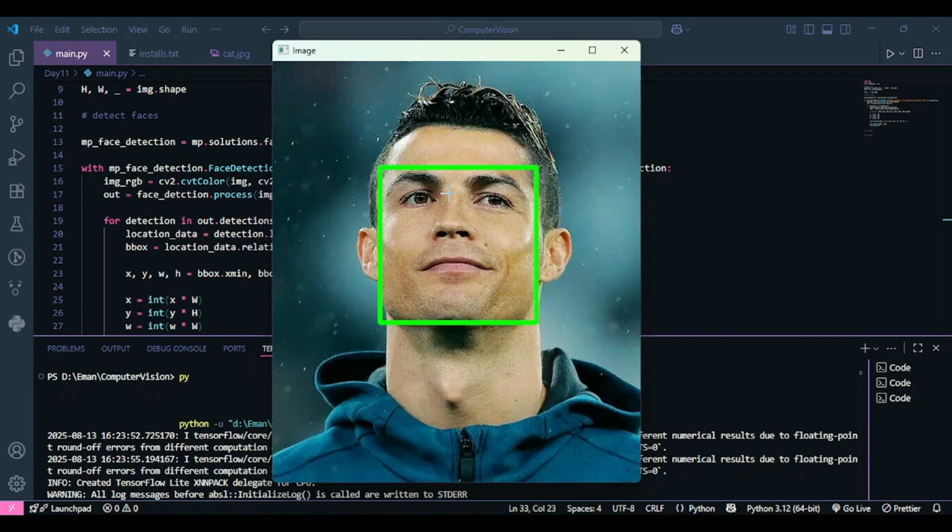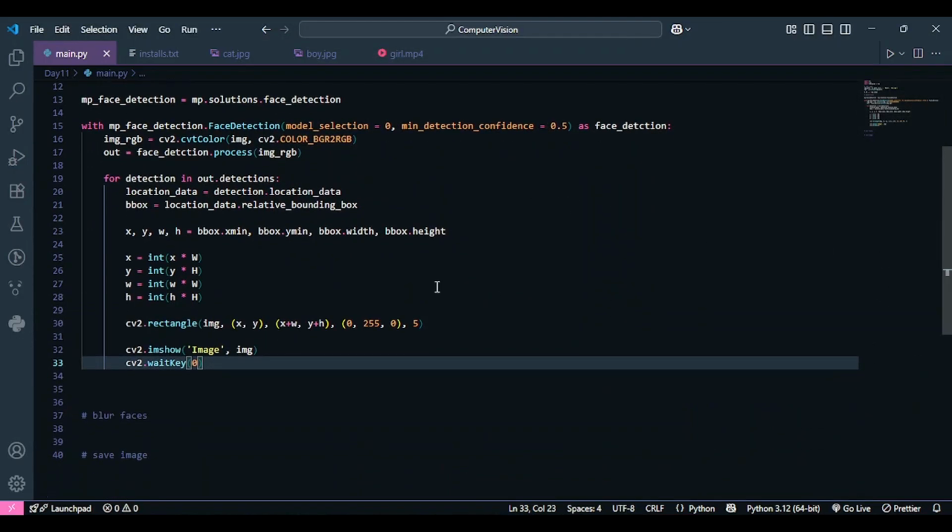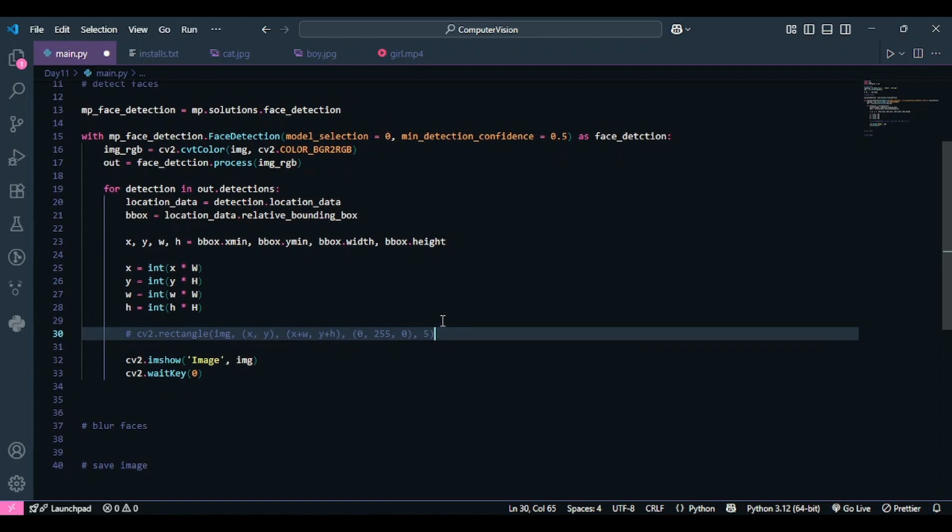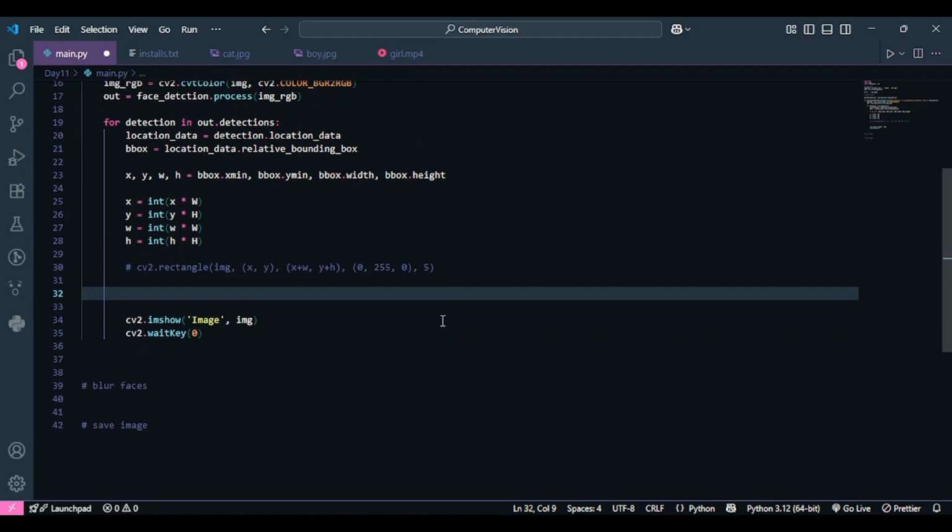But now we have to move on to the third step, which is blurring the face. Since we have detected the region of the face, we just have to blur this region, okay? And this is exactly what we are going to do. So I am going to comment this out, since we don't need to create a bounding box, right? We just needed to find the bounding box that has the face, but we did not have to create it. I just created that for your ease, so that you understand how this MediaPipe face detection model has detected the face for us, okay? So now let's move to the third step, which is blurring the face.